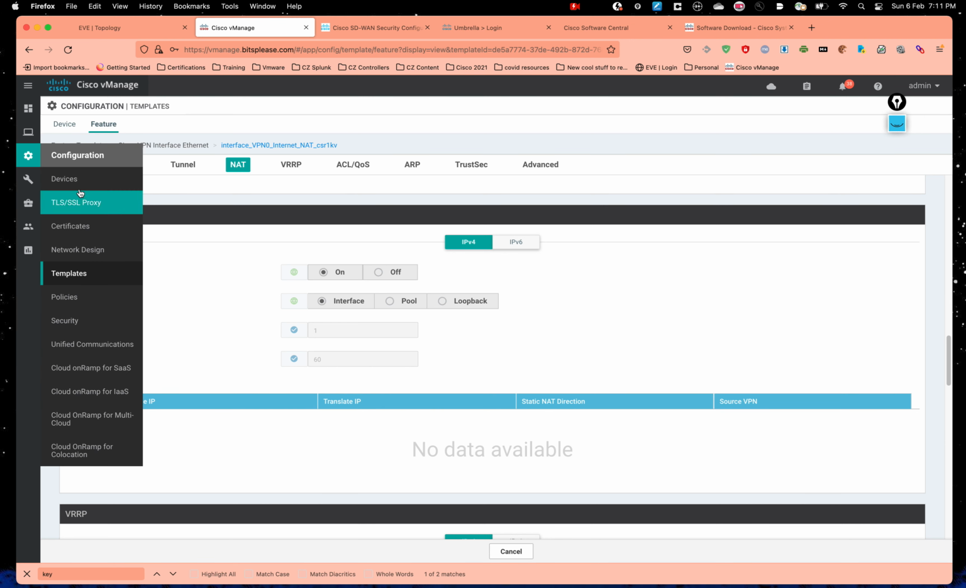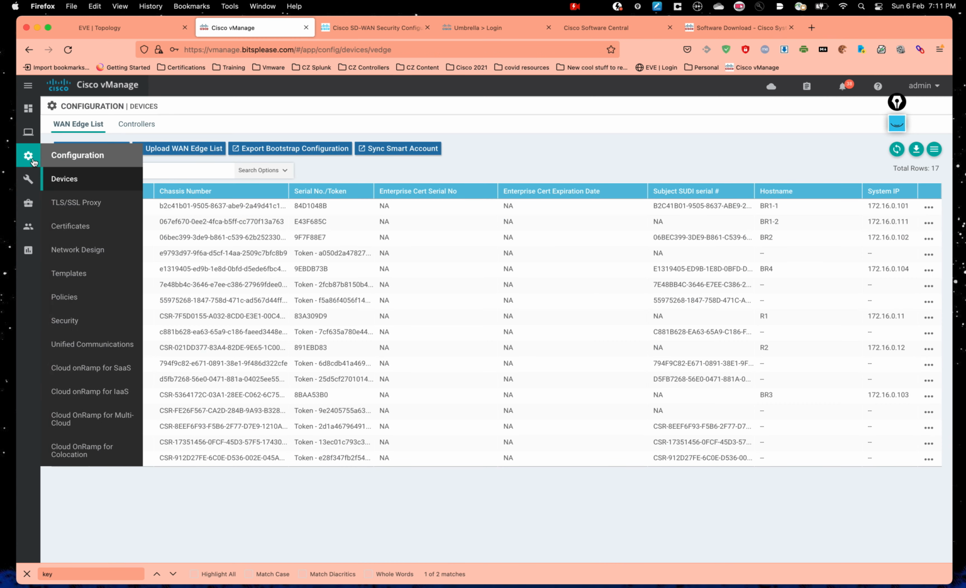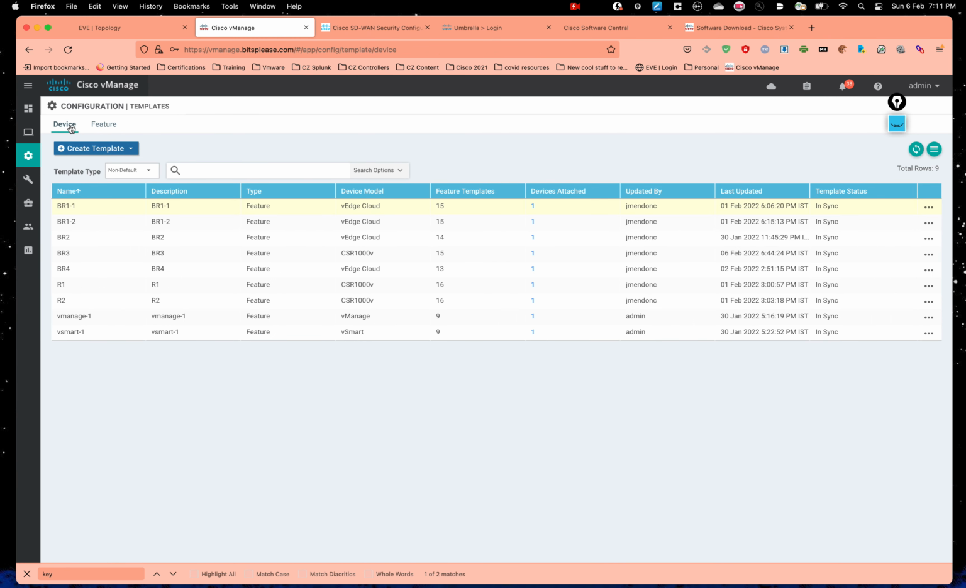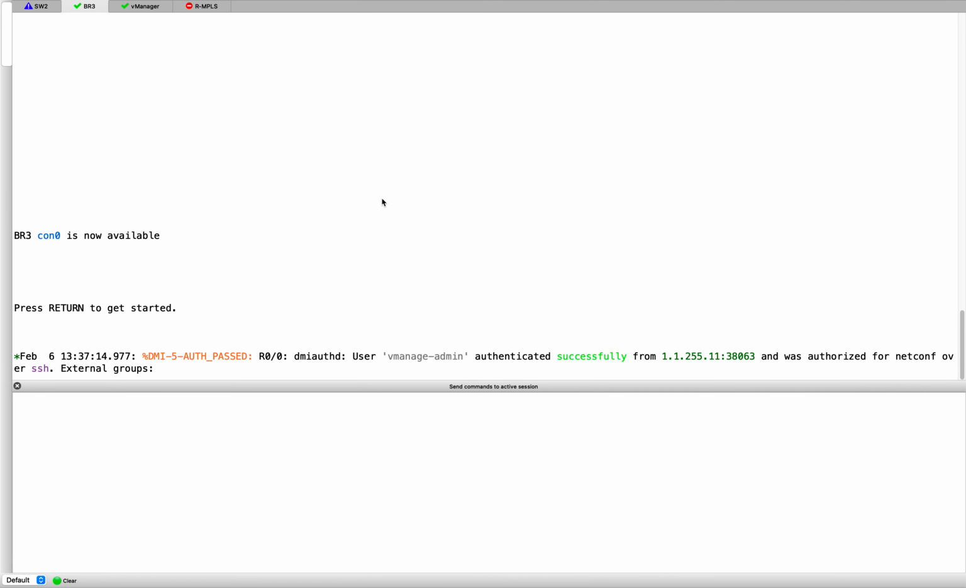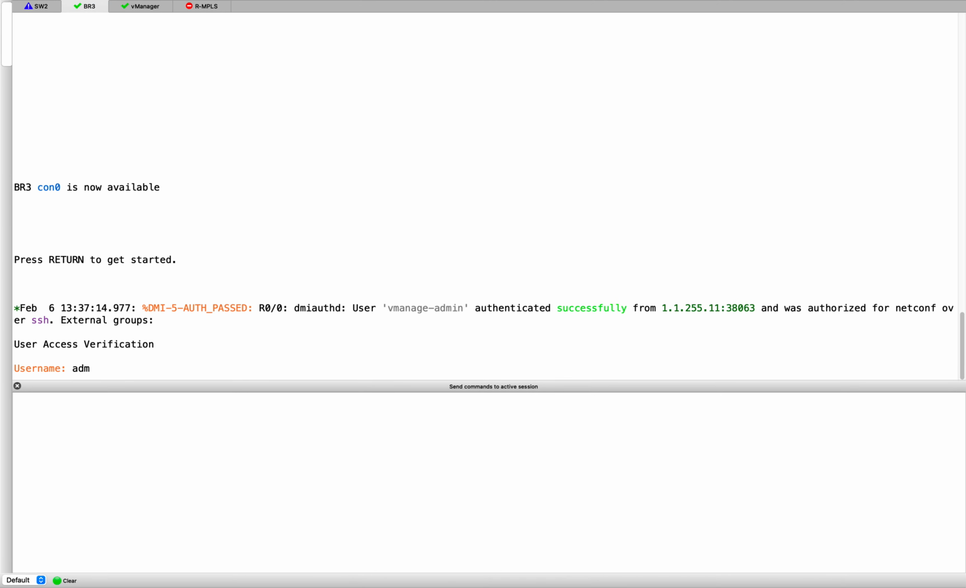Now once that is done, let's go to our device template. Device template, that's here. Let's go to BR3, right? Before that, let me actually show you the device, BR3. Where is BR3 here, right? So let's get into this device,